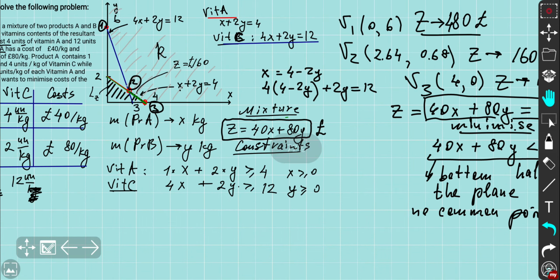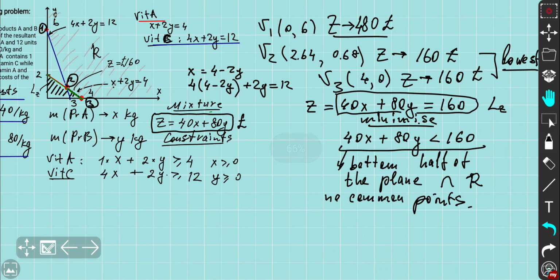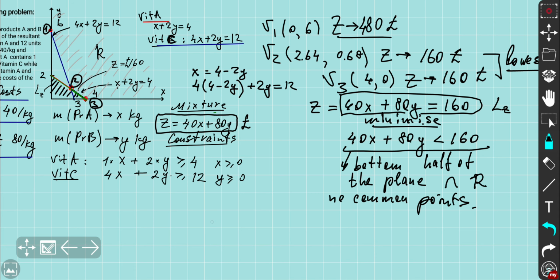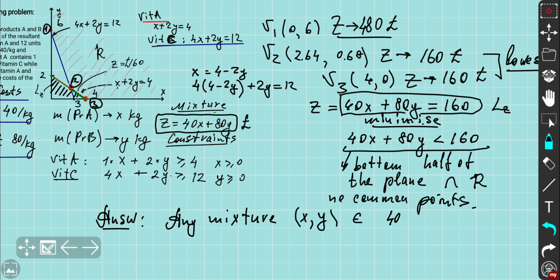The solution for Z to have a minimum is going to be any point, so basically any mixture. So the final answer to that problem is going to be any mixture x and y, basically a set of points x and y, which lie on the segment or on the line 40x plus 80y equals 160